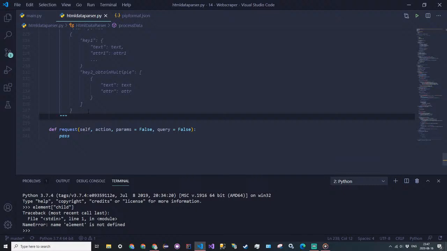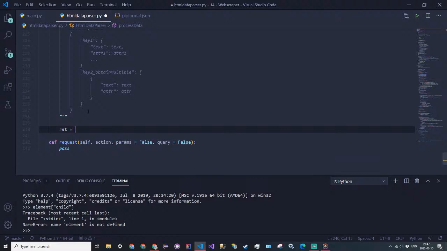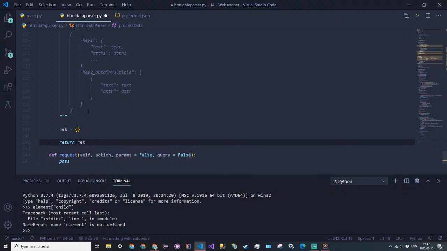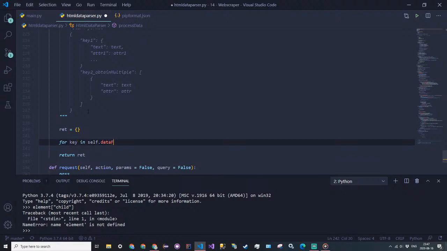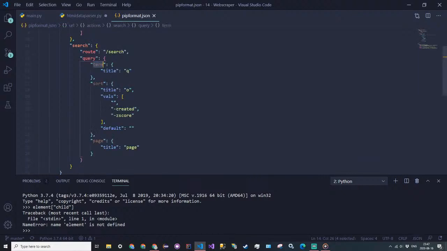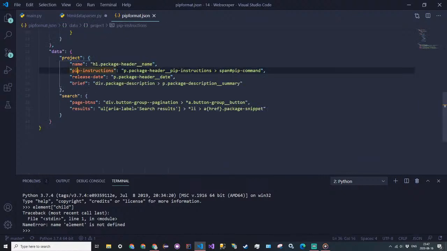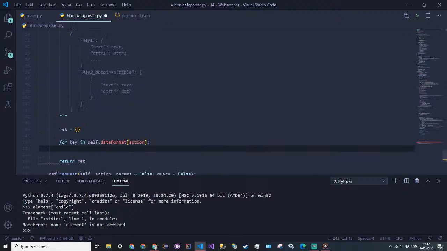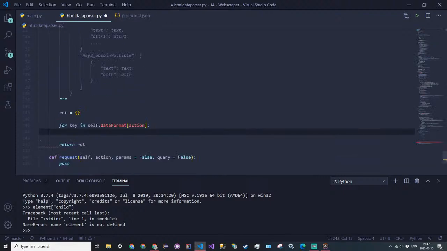Okay, so we're gonna have a placeholder for the return. So ret is equal to that, and then before I forget, I'm just gonna add a return ret at the end there, just so I don't forget. Now in here, we're gonna have our for loop. So for key in self.data format action. So for each key in the data thing, so name, pip instructions, release date, and brief. So for each one of those, we're going to say